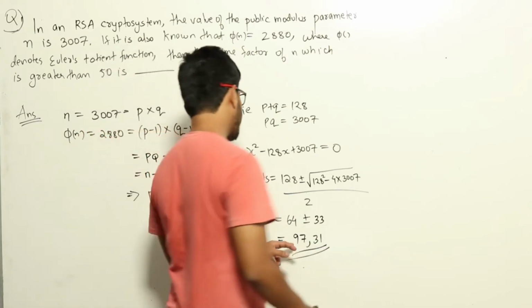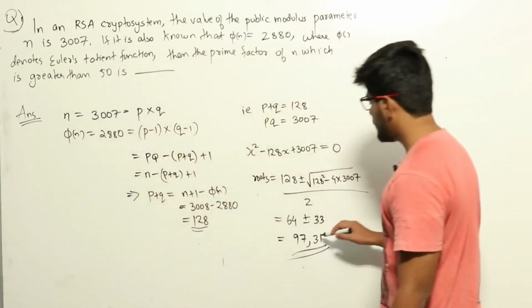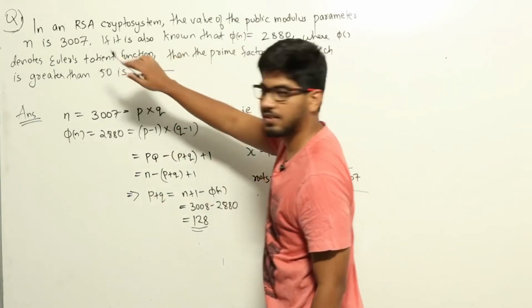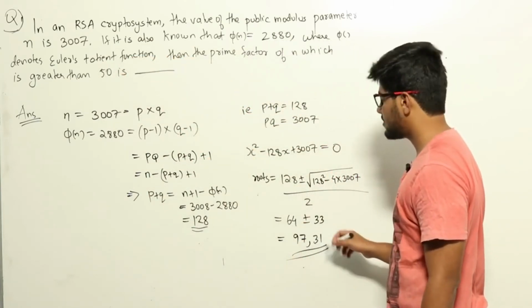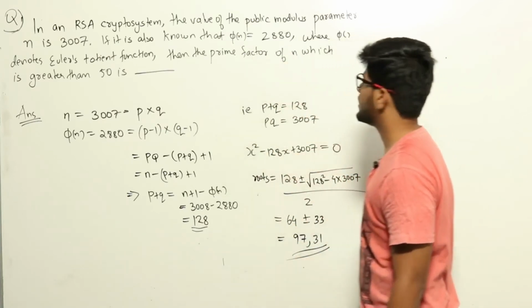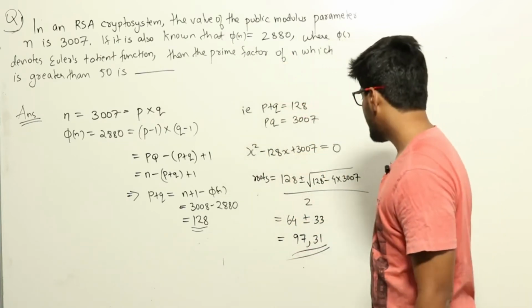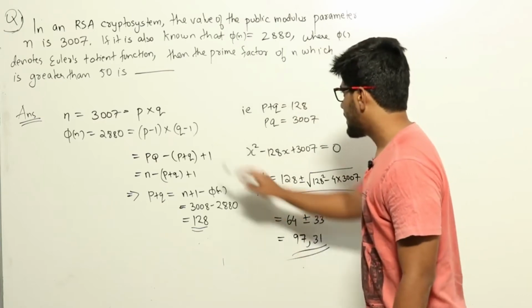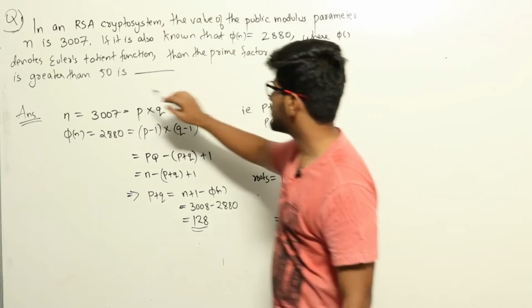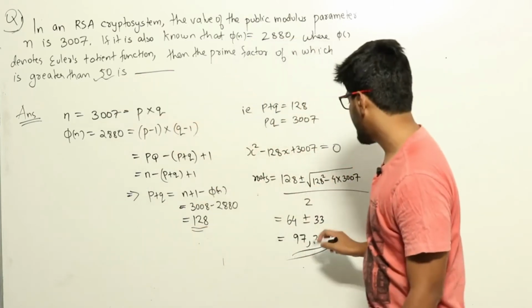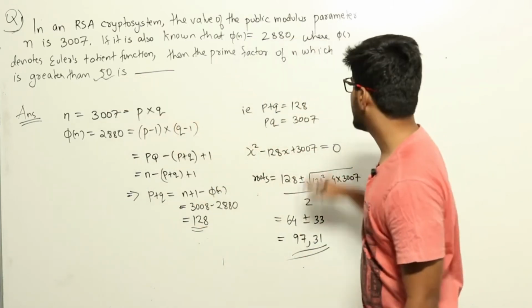You can verify this from the question as well. 97 into 31 will be equal to 3007 n, and 97 minus 1 into 31 minus 1 will be 96 into 30, that will be equal to 2880. That you can verify. So p and q will be 97 and 31. In the question they were asking the prime factor of n which is greater than 50. There is only one here, that is 97. So the answer will be